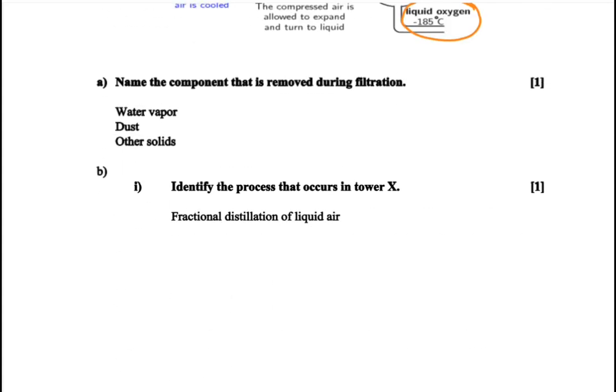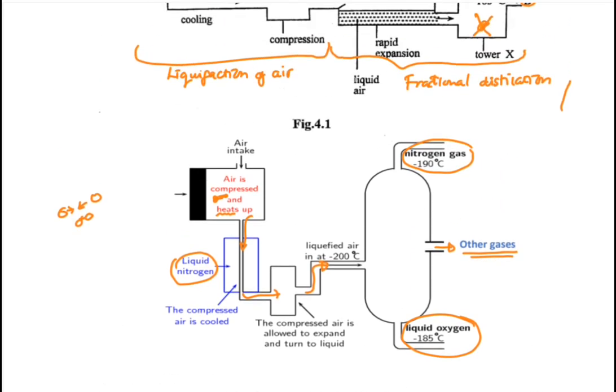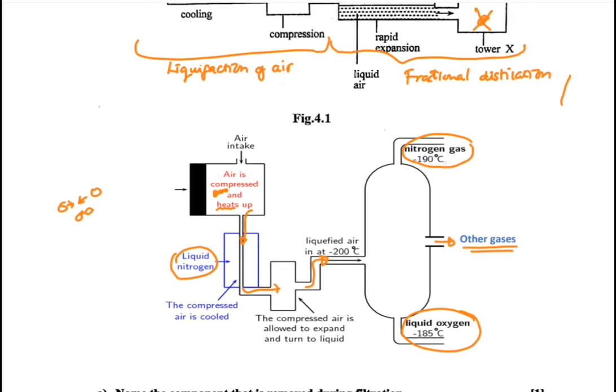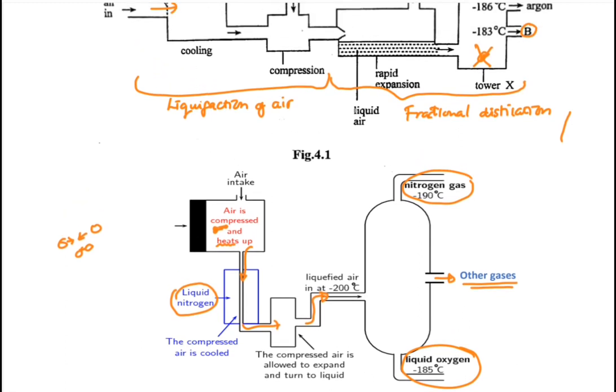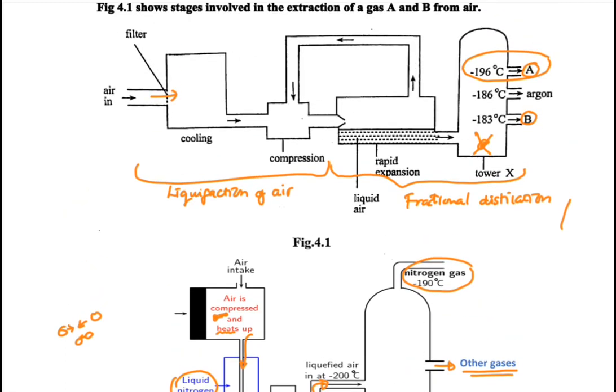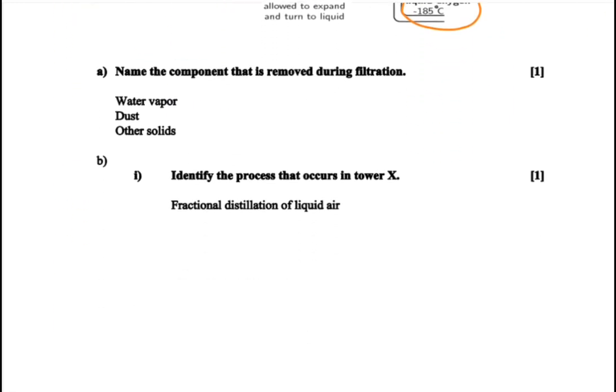Then D: identify gases A and B. The gas that is coming from the top is nitrogen, and the one coming from the bottom is oxygen. So gas A is nitrogen, and gas B is oxygen. So we would have nitrogen, and there is